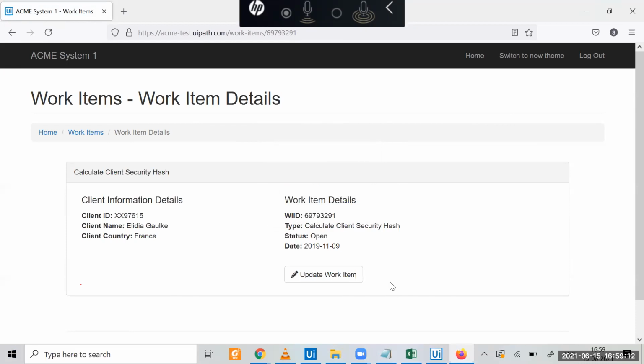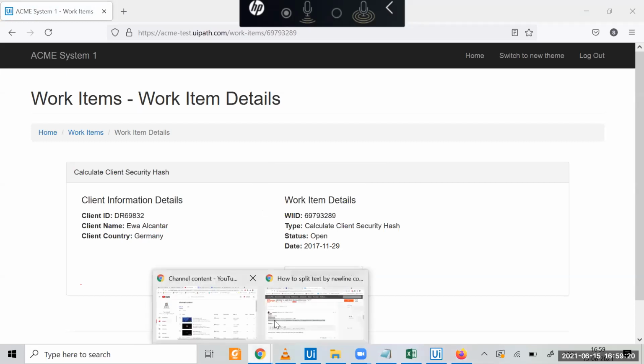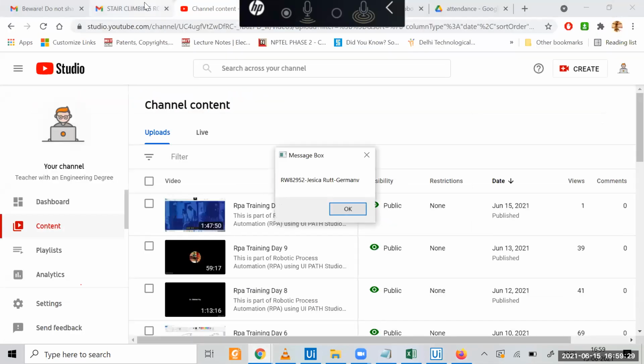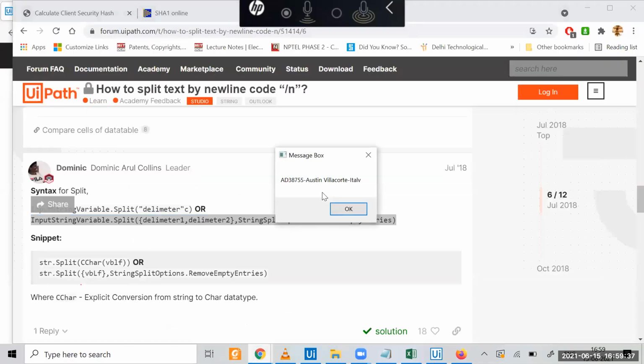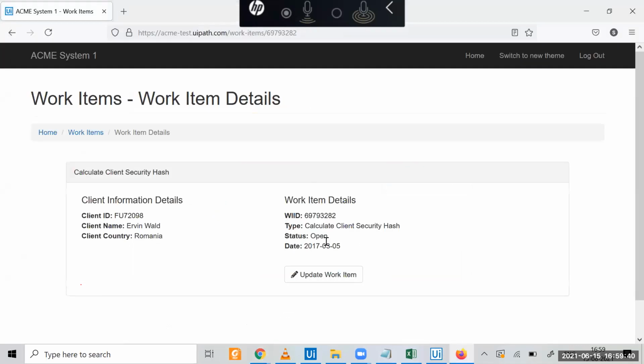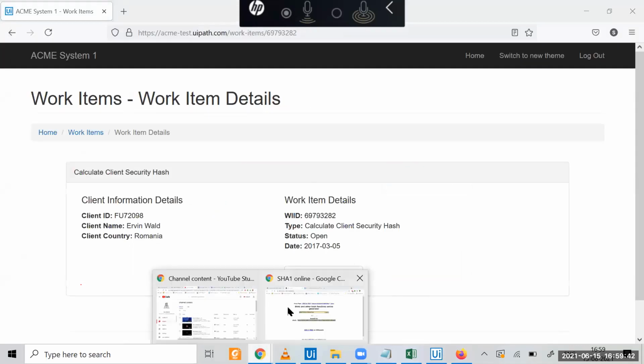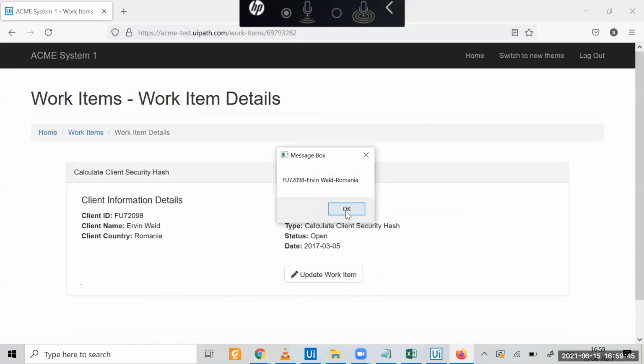So that's up to you how to do it, how to store this particular line, and go to this website. Go to this website and create. This is the last one, if I remember correctly.